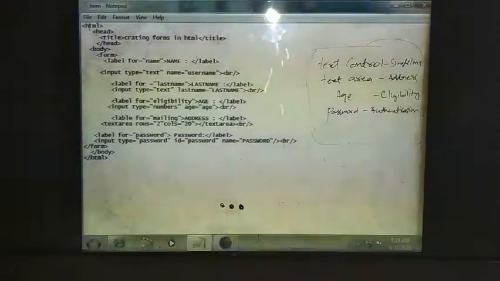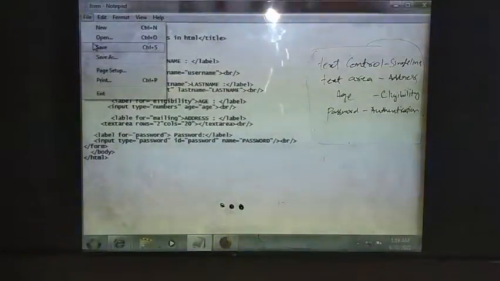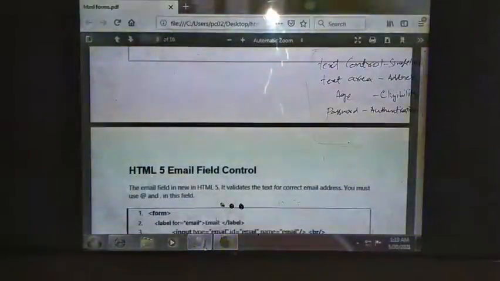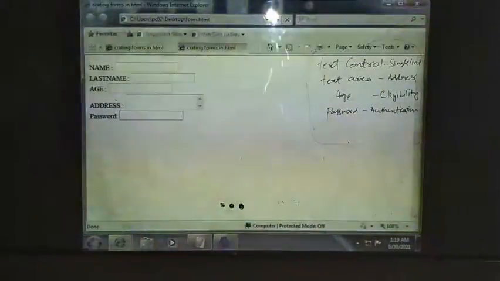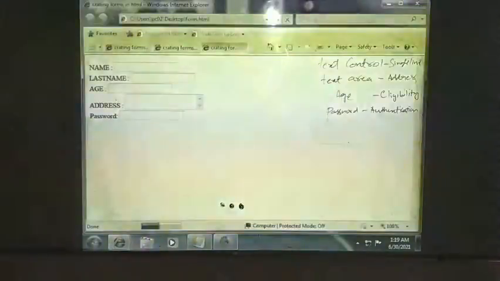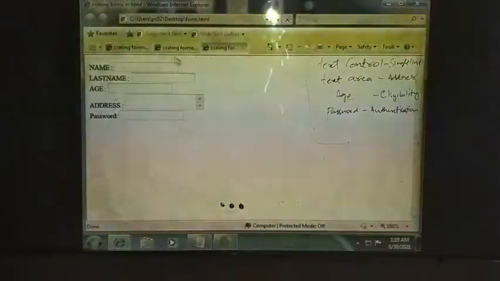Let us execute that. First I have saved this form.html, and again I am saving. Whenever you do some modifications, you need to click on the file menu, go to the save button and click on it. After saving this, execute this. Where is the form? Here it is. You can double click on it. So you can see the output like this.